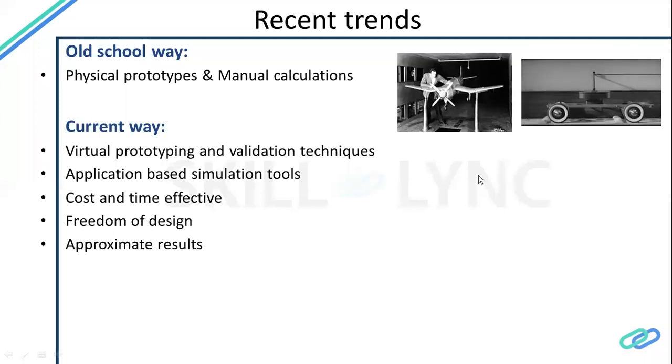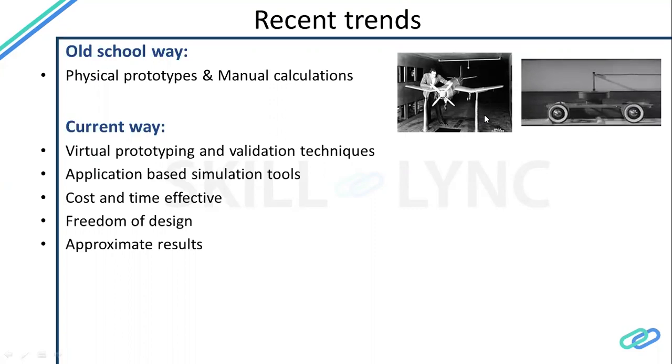So this process is cost effective, and it takes much less time for the development of vehicles or any product for the companies. And the designers who are designing the products have complete freedom to develop whatever their ideas are. When compared to physical prototyping, if it fails, we need to build one more prototype physically. So in this CAE, computer aided engineering, the scenario is like we'll be building the prototype in